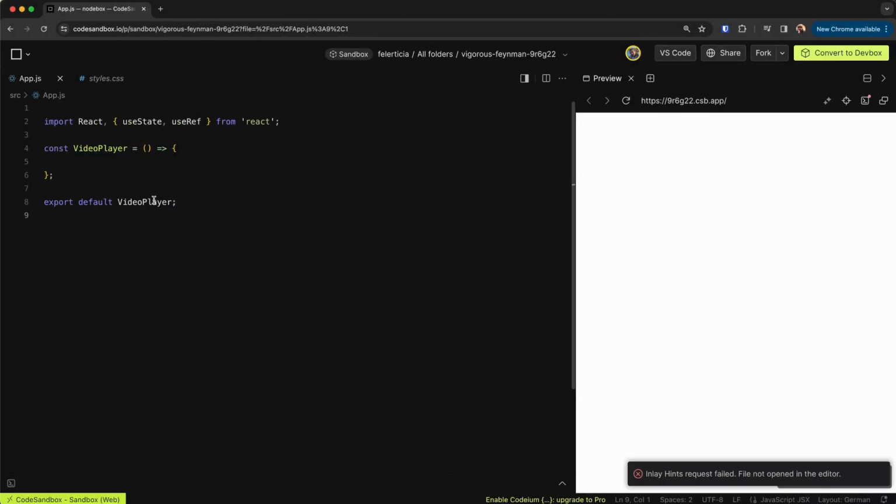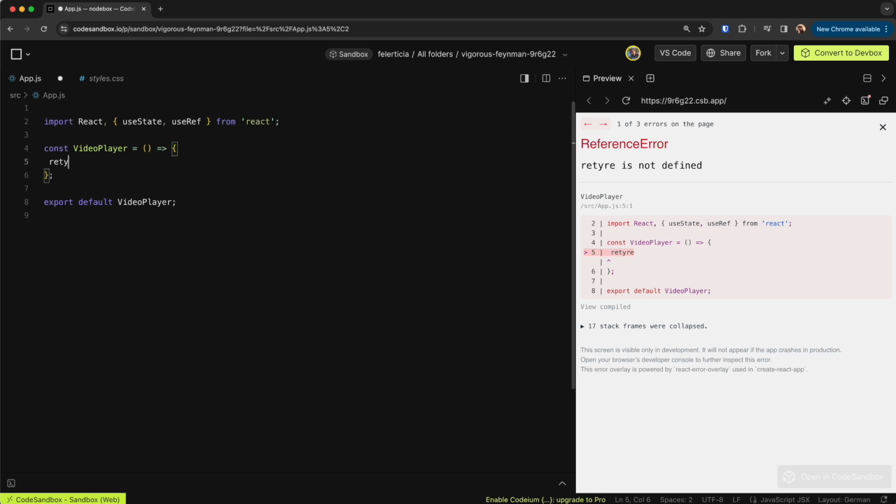Here I am with my video player, which is an empty function for now. But this video player will have three major parts. One being the part when we choose the file, one being the controls, and one being the video element itself. So let's start by writing the part when we select the video. Here I would just